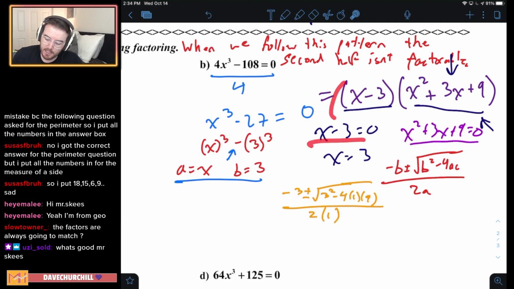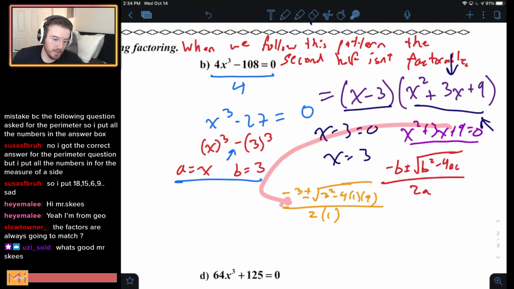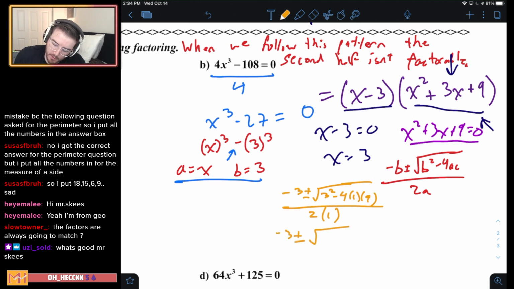Set your factors equal to 0. This gives me an easy solution. This one, not so much. I have to use the quadratic formula, and that's where I'm at. So negative 3 plus or minus the square root of,